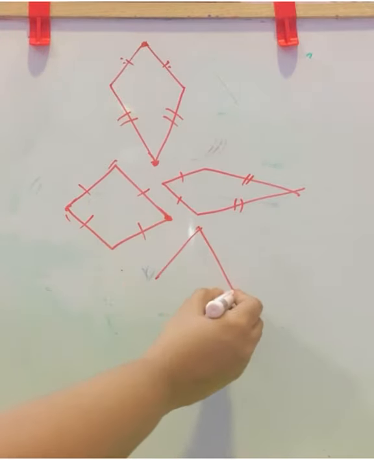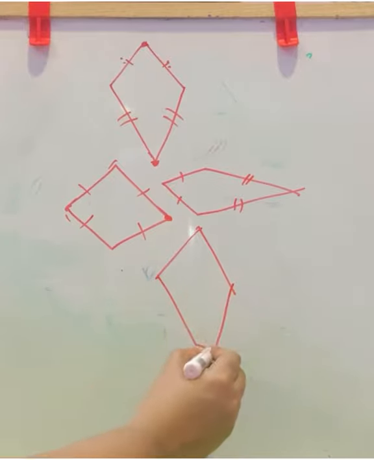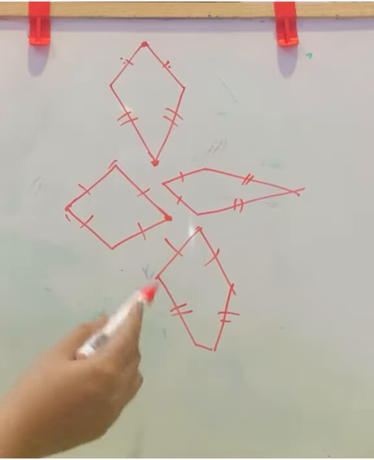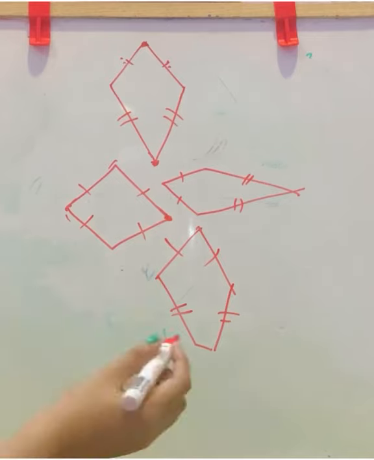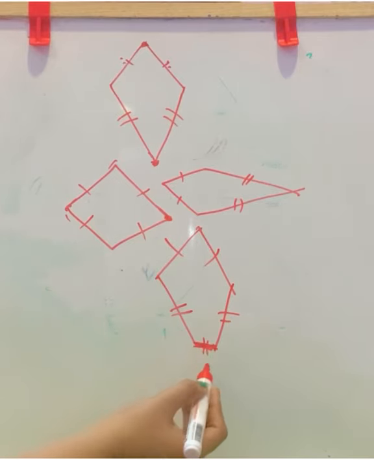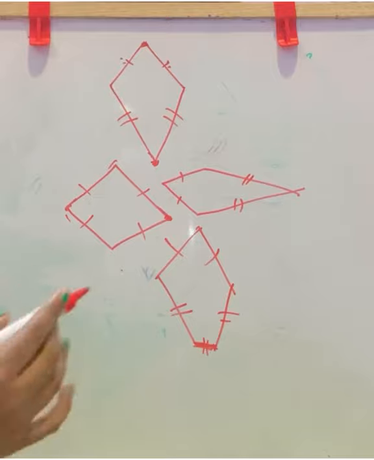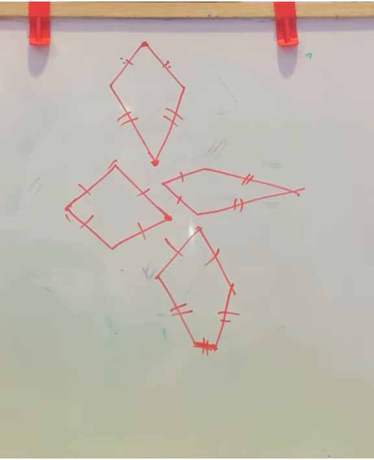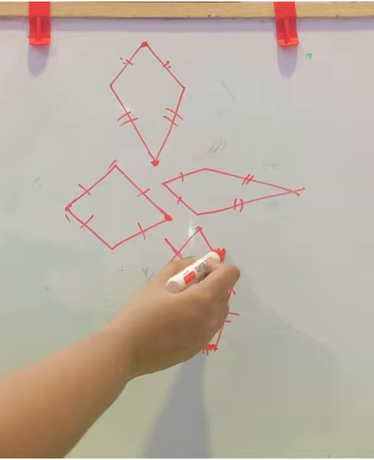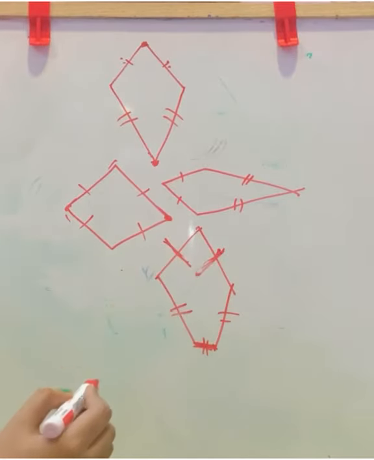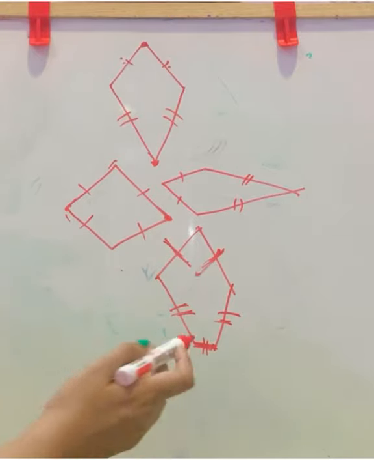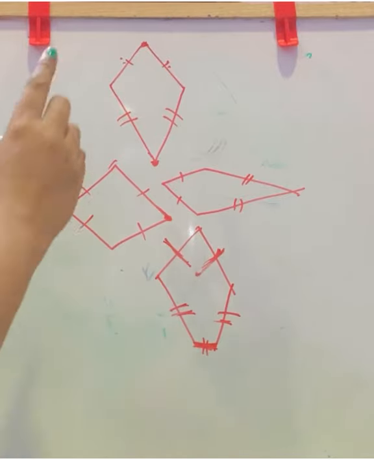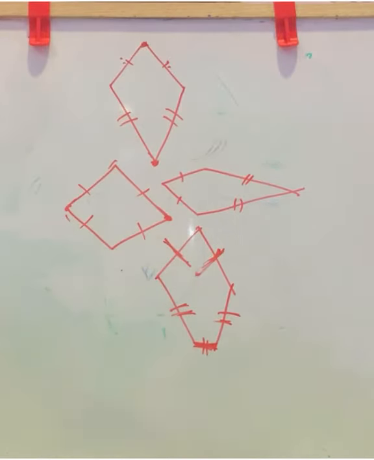Now what about this? Is this a kite? Here the lengths are equal, but kite is a four-sided figure. Here we have another side. This is five-sided figure, pentagon. And this is not a kite because it is not a quadrilateral. We have pairs having same length. Here these pairs are same length. These pairs are also same length. But the property which it doesn't satisfy for a kite is it has five sides. Kite should have only four sides. So this is not a kite. These are examples of kites.